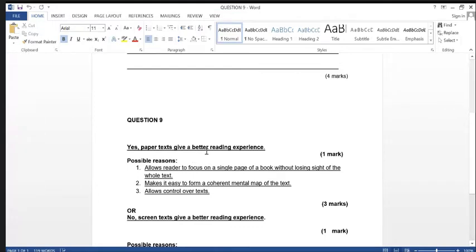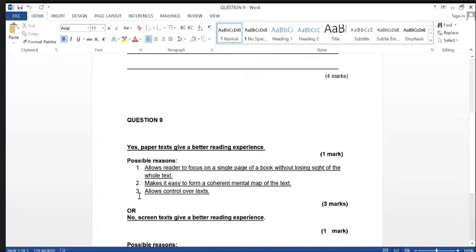Why does it give a better reading experience? Because it's easy to form a coherent mental map of the text. Now, number one, answer in one complete sentence, you get 1 mark. 3 reasons, get 3 marks. But it doesn't stop there. You have to make sure the content of your reason number 1 and number 2 and number 3 are not